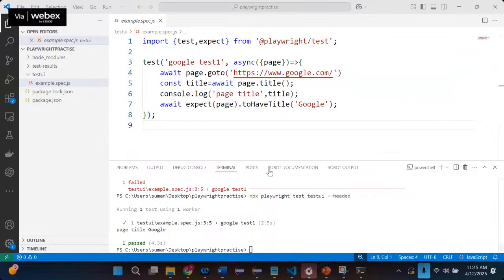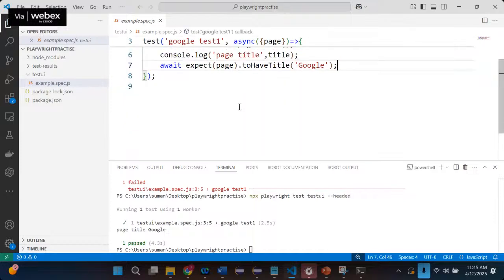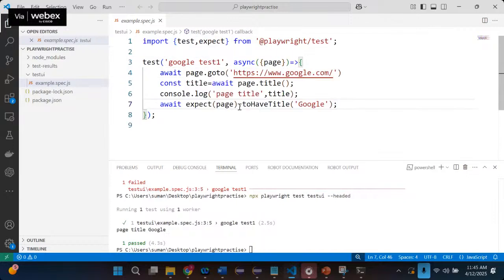Okay, and we are already running out of time. Anyway, now you have some understanding about your Playwright setup, and as well as